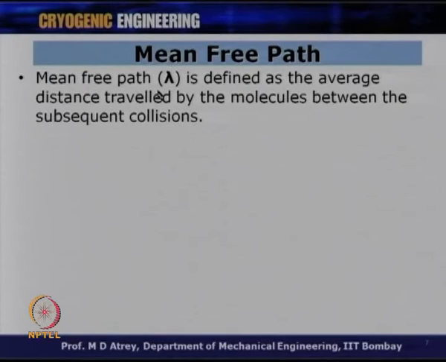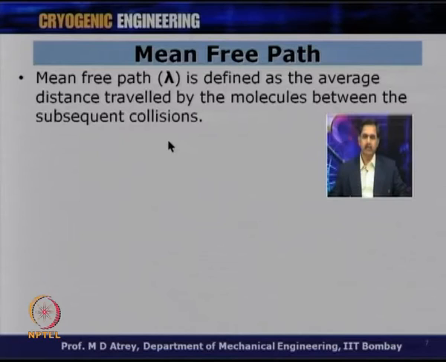And as you know, as you go on reducing the pressure, the number of molecules will be getting reduced, and therefore, the path will increase. The path between two collisions will start increasing, and as the pressure gets lowered down to a very low level, their molecular collisions may stop and the molecule may hit the walls directly. In that case, that is the maximum mean free path possible.